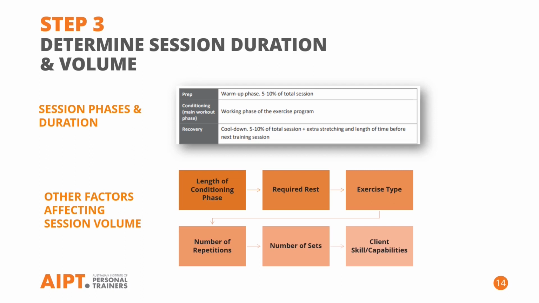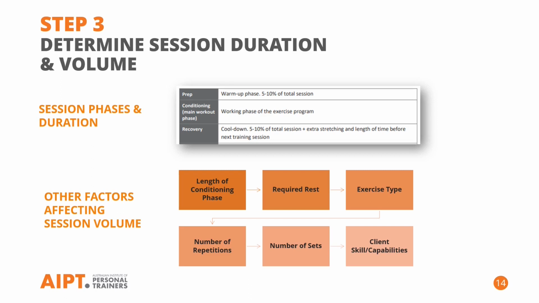Now, if we compare this to a 45-minute session, they may spend a bit longer in the warm-up, so maybe 4 minutes in the warm-up and 4 minutes in the cool down. And that gives you a total of around 37 minutes or thereabouts available for you to choose some conditioning exercises. So you've got more time there in a longer session duration, so you get more capacity to give them more